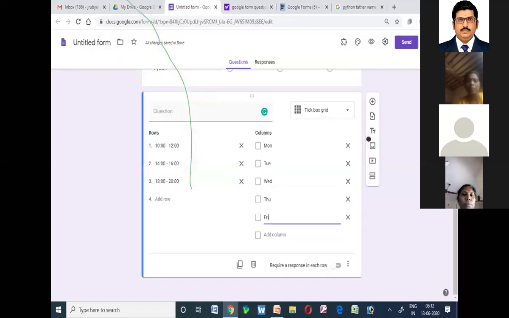So the next one is tick box grid. This is somewhat different from the previous one. Here also you can give rows and columns, and the rows and columns can be any number. In match the following, you'll always have the same number of rows and columns. That type of question, you have to follow.